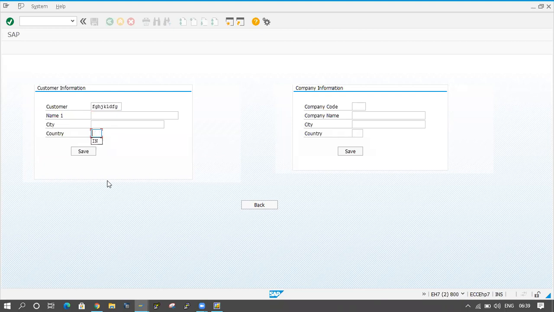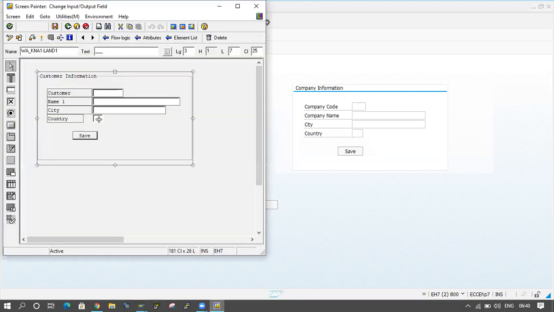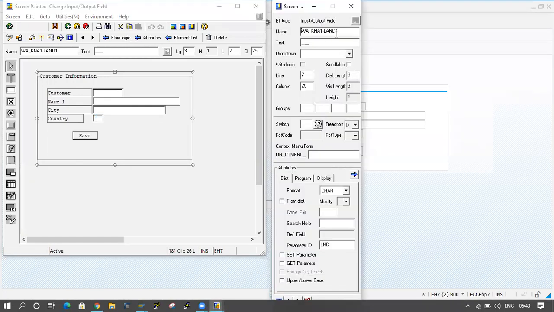In this case, here country, just double click on this one. Here a drop down is coming. Just click on this button here, and a list box is coming. So this is a drop down here. In our situation also, the country is coming here, so a down arrow mark will come here like this.